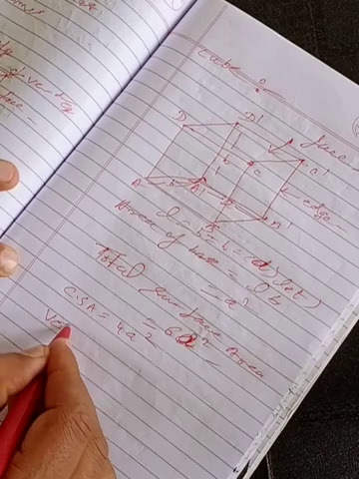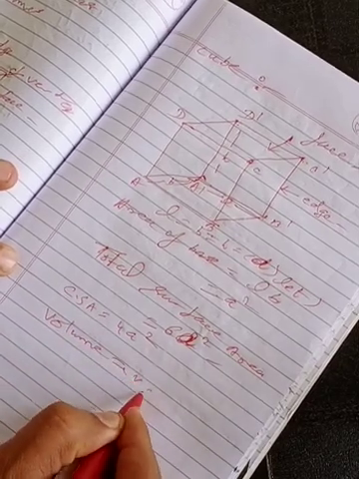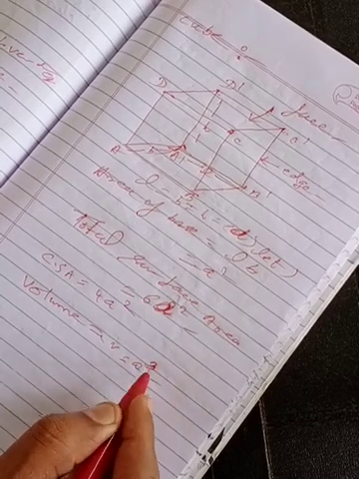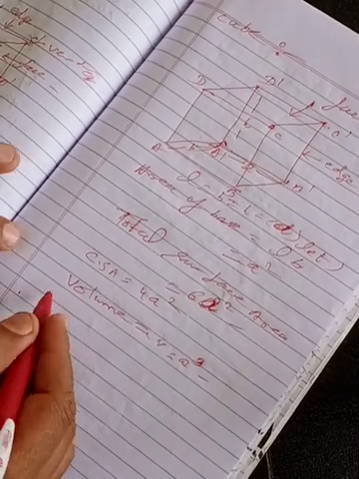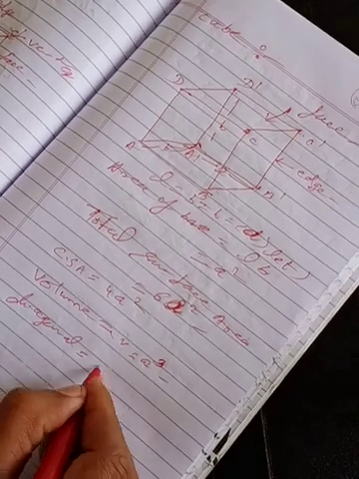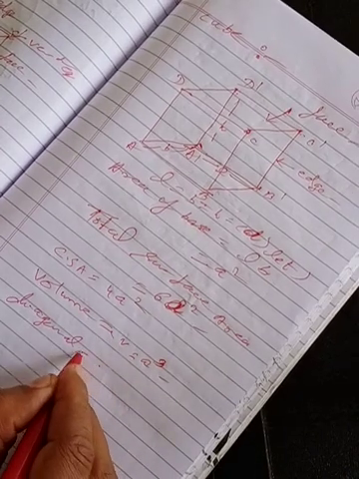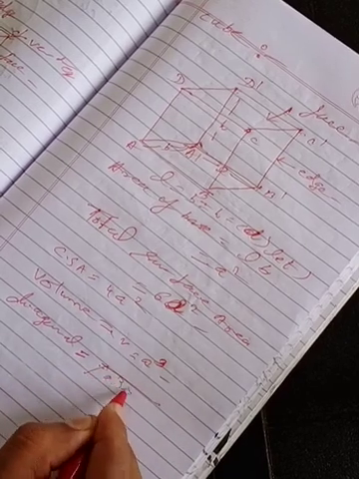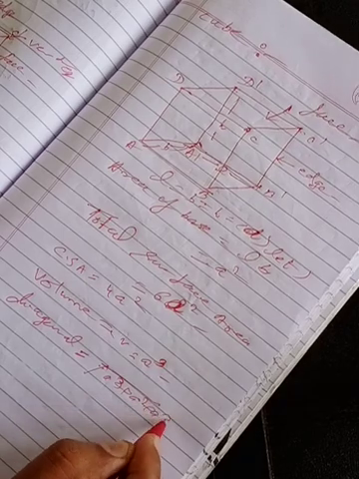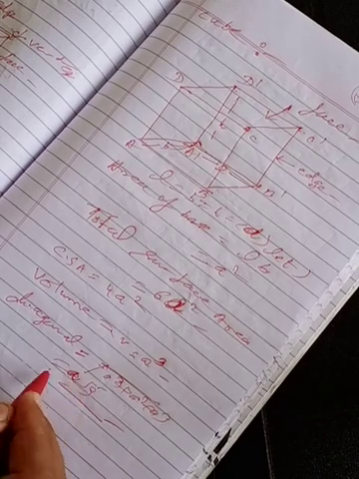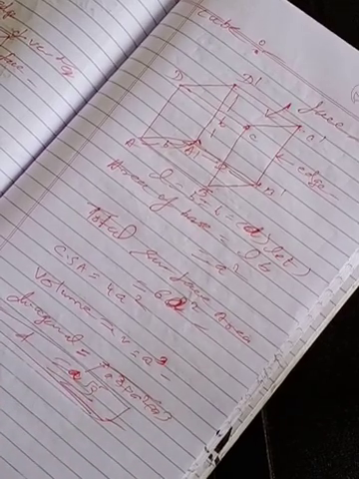If you are finding the volume, which is generally denoted by V, you can write it as A cube, because we are multiplying L into B into H, so it is A into A into A, A cube will come. And if you want to find the diagonal, how will it come? Do you understand? It will come like A square plus A square plus A square, so 3A square, so A root 3 will come, all of you. This is the diagonal D. So this is our cube.